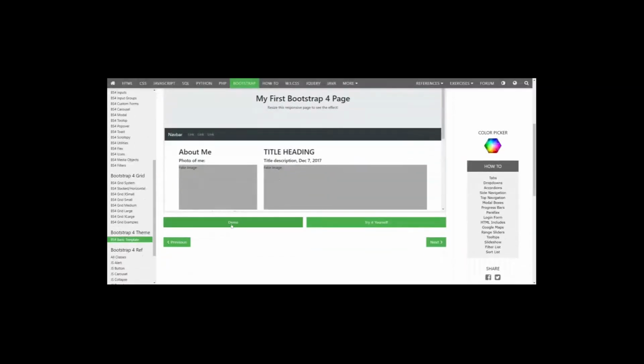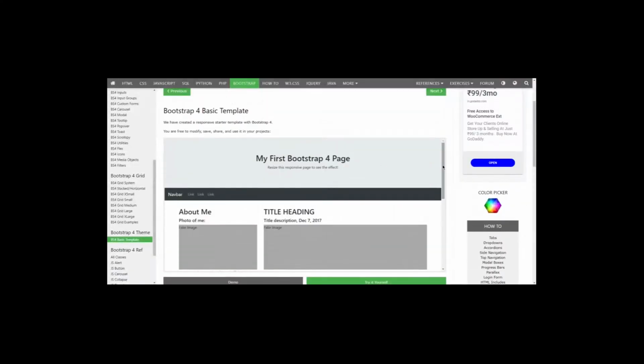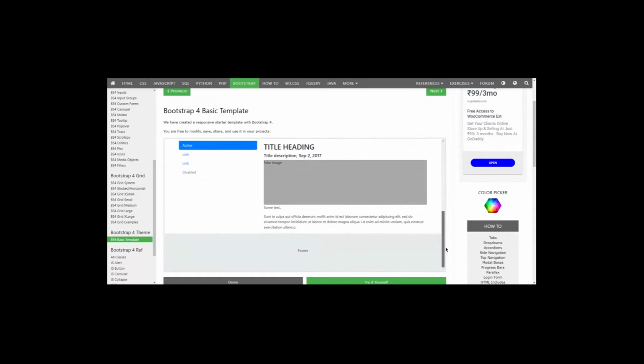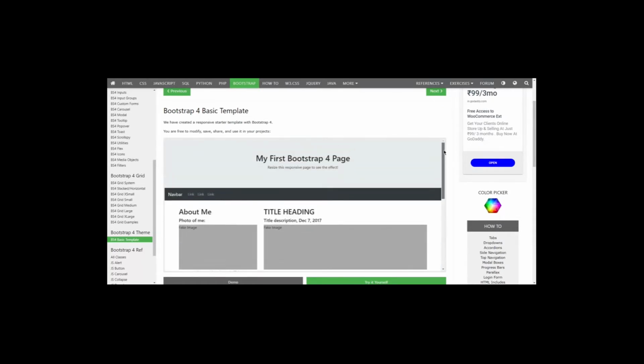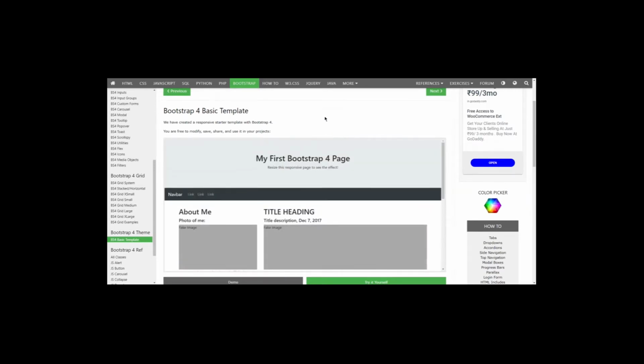So this is Bootstrap for basic thing. Let's see demo. So this is based upon Bootstrap 4.